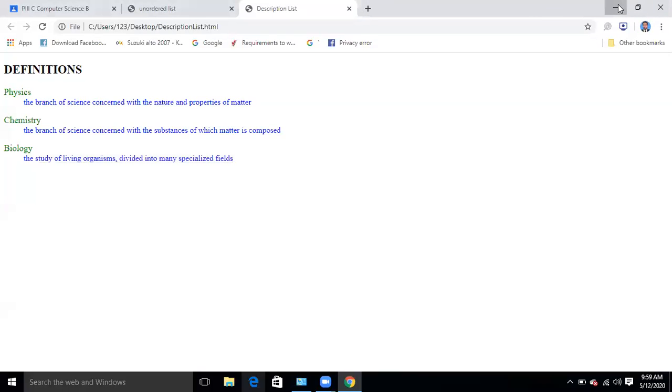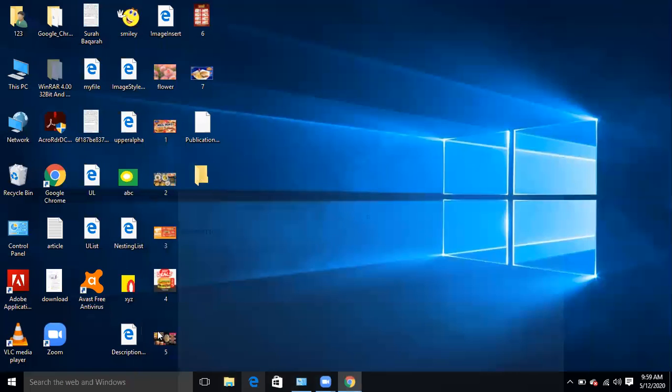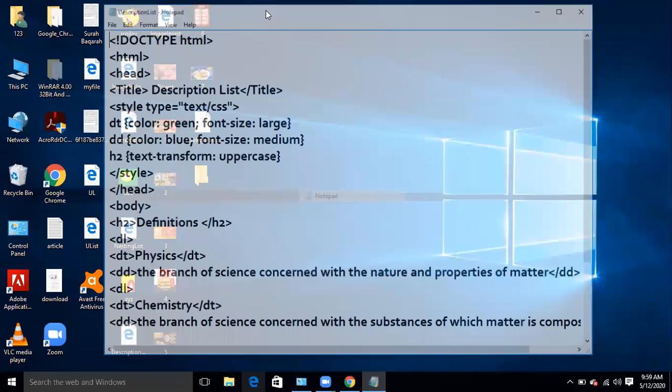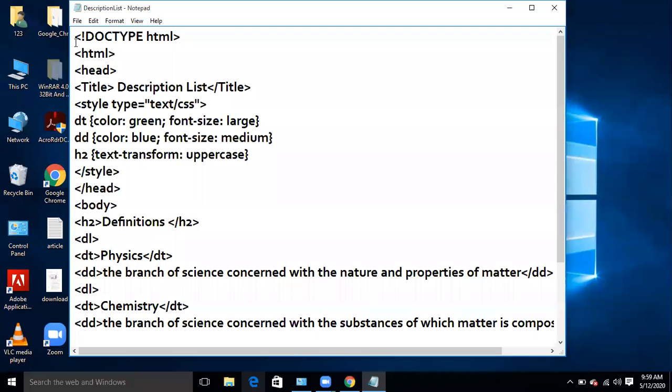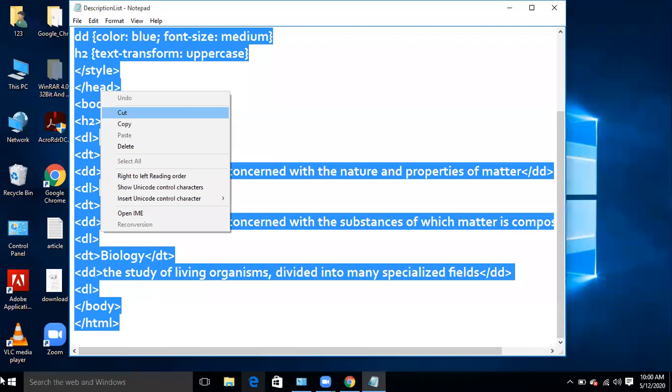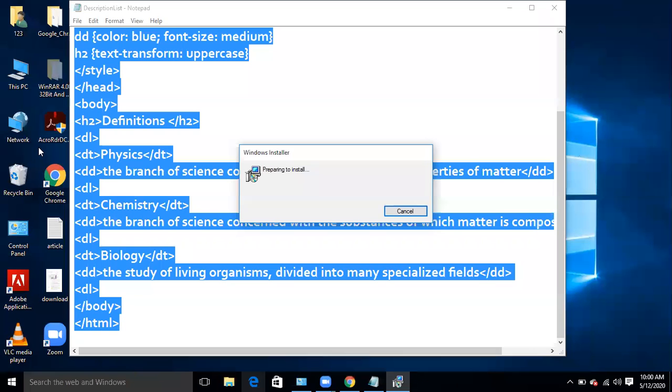Now this is the thing that I am going to explain to you by opening the code of this particular description list. I have mentioned the code that I am going to explain to you. And since I want to change some colors, so that you can see this in a proper way.